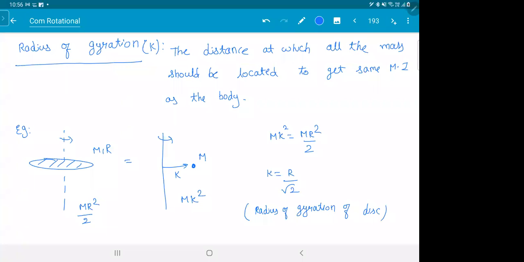If you see, the concept is pretty simple. Take the total moment of inertia and write mk square. Whatever is the k value, that is the radius of gyration. I'll show you one more example, and I'll tell you why we need this thing actually. Meaning we don't use it much, but when you go to a lab, no one will write the shape of the body. You have some shape, they'll write radius of gyration is 1 centimeter. Meaning you can directly take moment of inertia as m into k square.